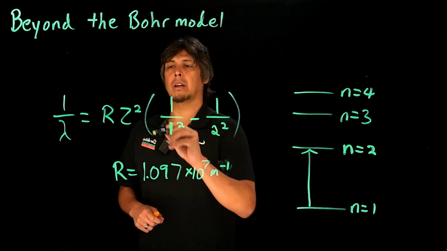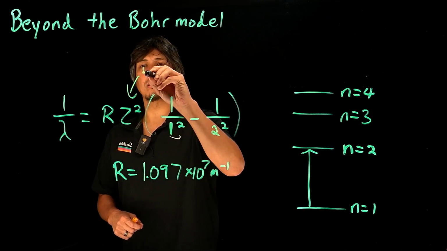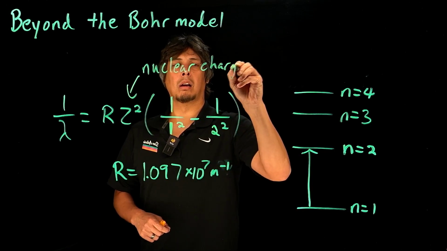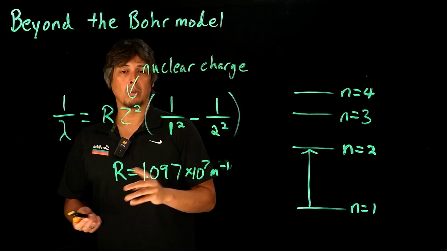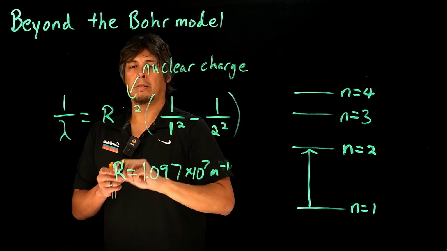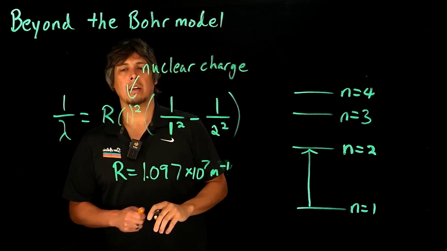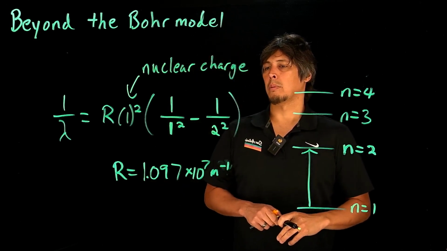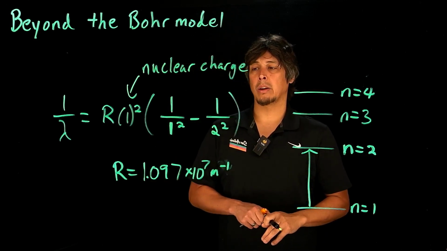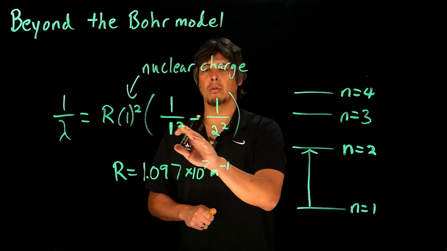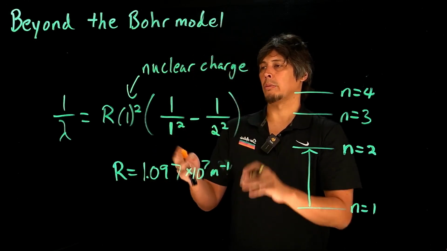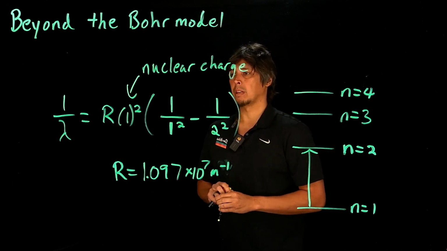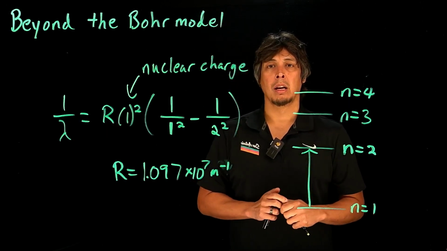And then if we're doing the hydrogen atom, then Z, which is the nuclear charge, would be 1 squared. And then we have R of 1.097 times 10 to the 7th per meter. We could calculate this where we'd have 1 over 1 minus 1 over 4. That'd be 3/4 times R, which would be equal to 1 over lambda, where lambda would be the wavelength of the